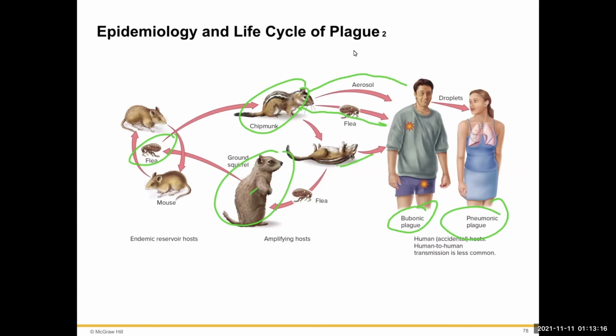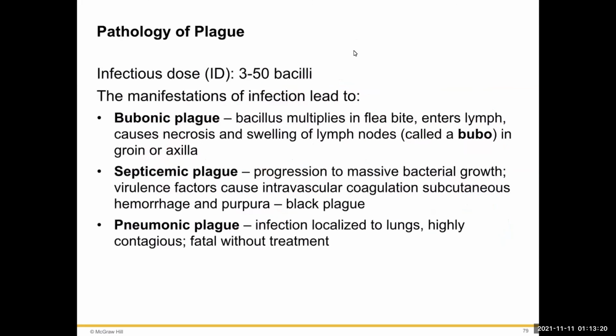So it's mostly animal to human infection. The infection dosage is between 3 to 50 bacilli, so not a lot. The infection leads to the bubonic plague, septicemic plague, or pneumonic plague, depending on how it's introduced into the body. In the bubonic plague, this bacillus multiplies in a flea bite, enters your lymphatic system, causing necrosis and swelling